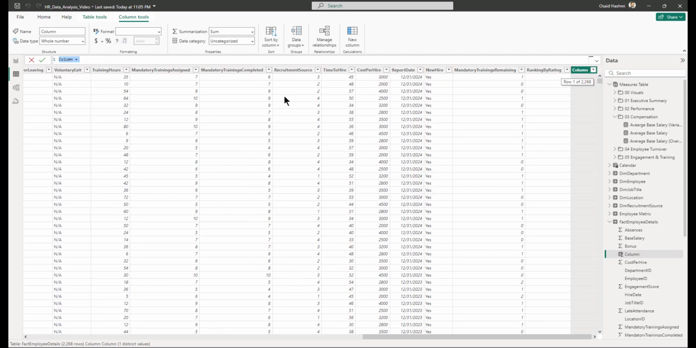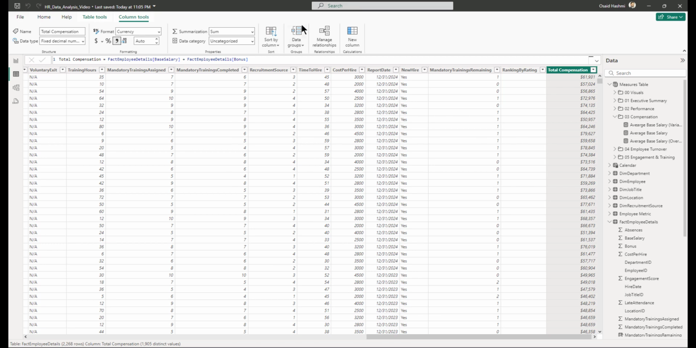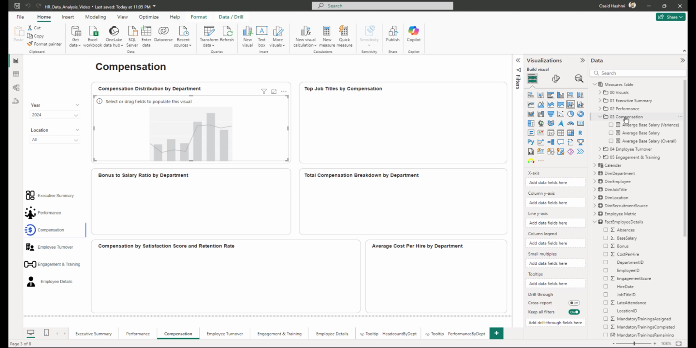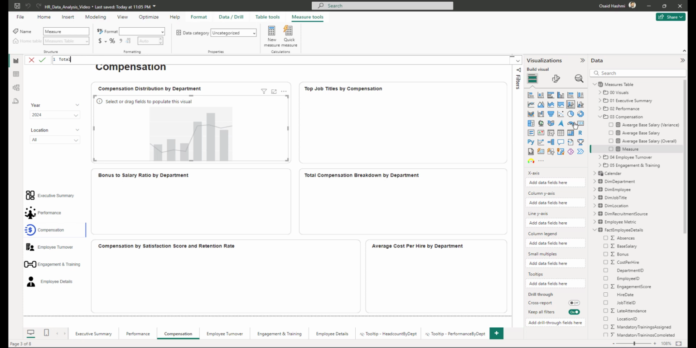column. We say total compensation equal to base salary plus bonus. Enter. Now we have to go back, right click on compensation, new measure, and total compensation average of total compensation,